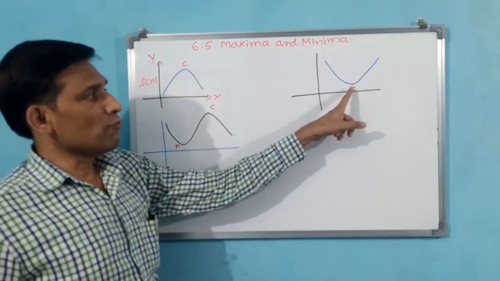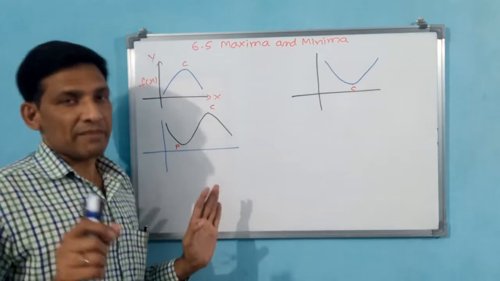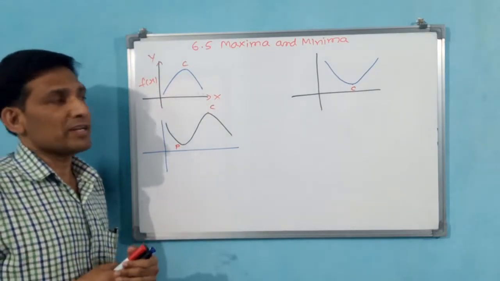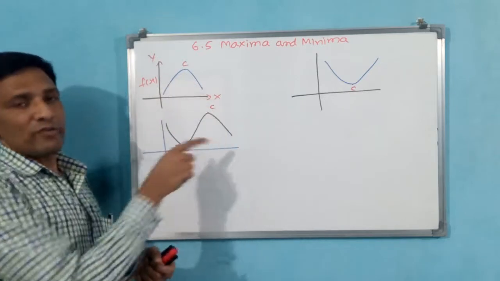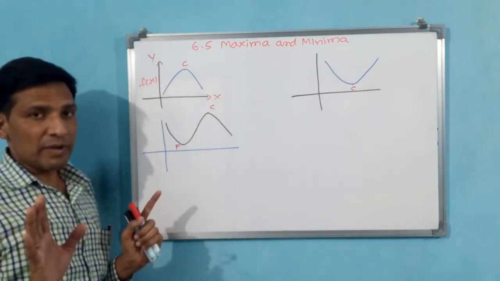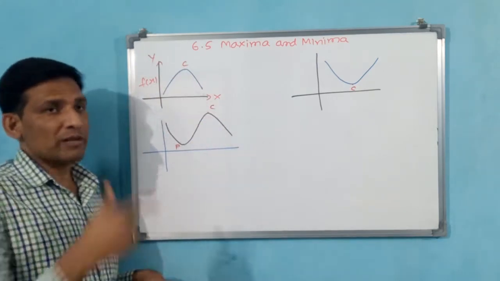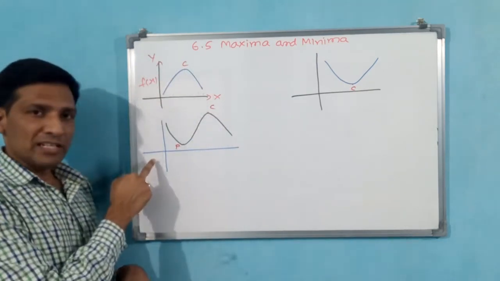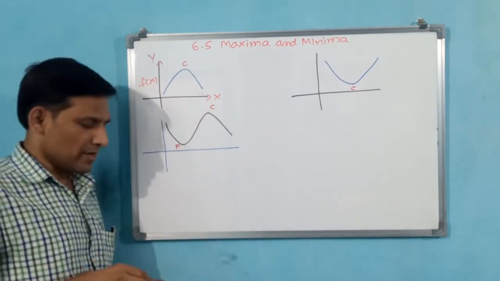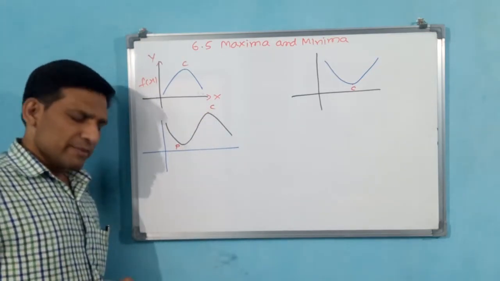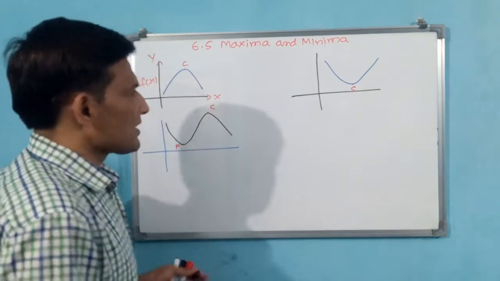Here, physically only the minimum value is available, but infinity, those are not available. Why? Because we don't know the value of infinity. That is why we are not taking the maximum value here. Here also, negative infinity, minus infinity, we are not taking the minimum value. But physically, the maximum value is available. That is why minimum value you don't take, maximum value you take. But if the function is like this, then you have to take both minimum value and maximum value. What if any function doesn't have a minimum value or a maximum value? You see, another graph I am drawing.